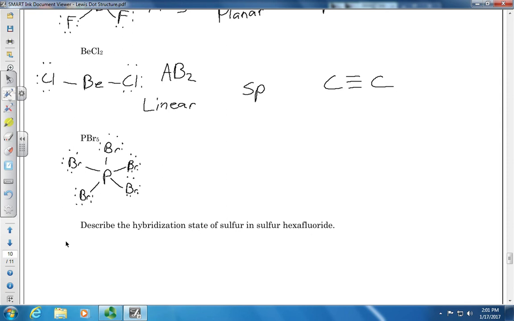Okay. So this would definitely be an AB5. And according to your geometry, it would be trigonal bipyramidal, and it would be sp3d